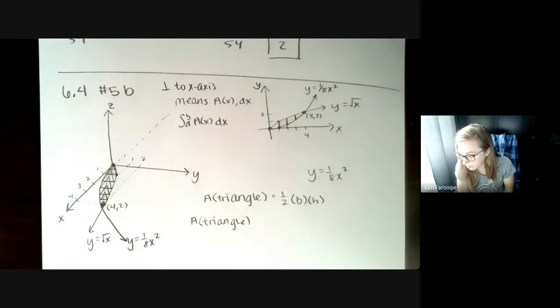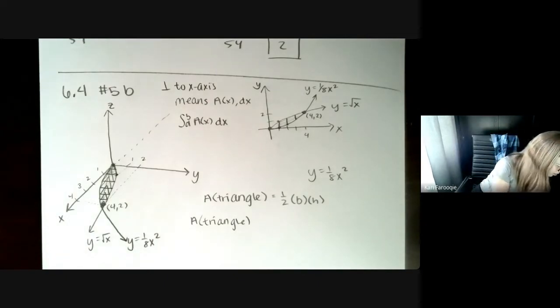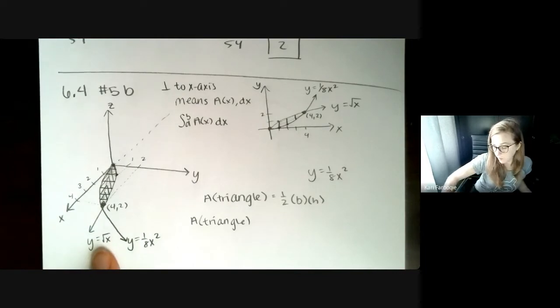Okay, so the area of our cross-section is going to be dependent on the length of its base. So let's go ahead and find that. We need to write y as a function of x for the base. Now, you are asked to do something similar, maybe in number 6, which I didn't assign. In number 6, you get the same base region, but the volume is being found when the slices are made perpendicular to the y-axis. So in that case, you would have to rewrite these functions as functions of y instead of